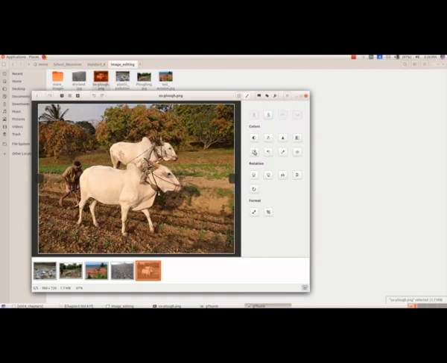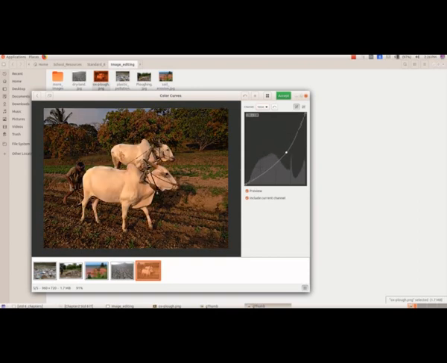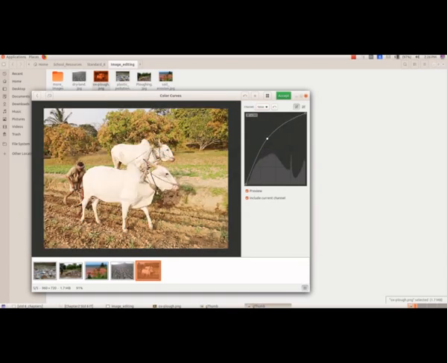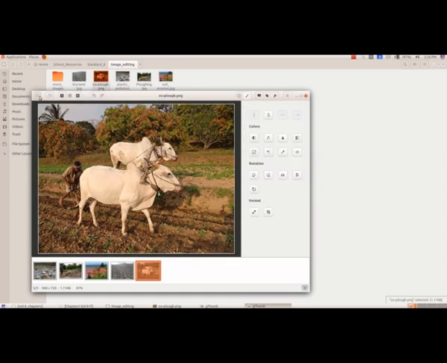Then we have adjust color curves. Here we can see one line, isn't it? You just click on that line and you can drag to either side. So now I am dragging to this side, so I am getting the colors more darker and darker, and we'll see what will happen if we move to the other opposite side. It is becoming lighter shade, isn't it? So this is the normal one. And now the next one,